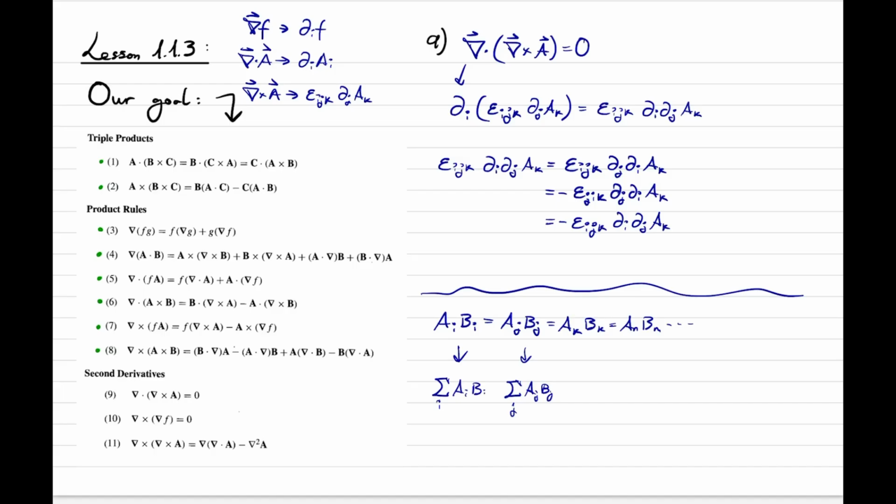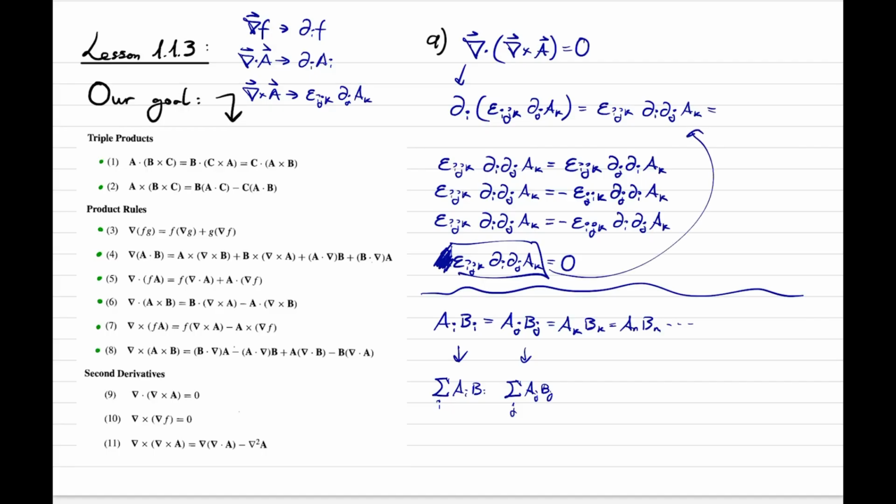I'm going to copy this. It's the same thing for every step. We change this to the other side, and we have 2 times epsilon ijk del i del j Ak equals 0. The 2 can go out, and we have demonstrated that this is 0, thus this is equal to 0. So we have assumed that the vector A behaves well enough so that we can interchange partial derivatives, and we have done this little trick of changing labels